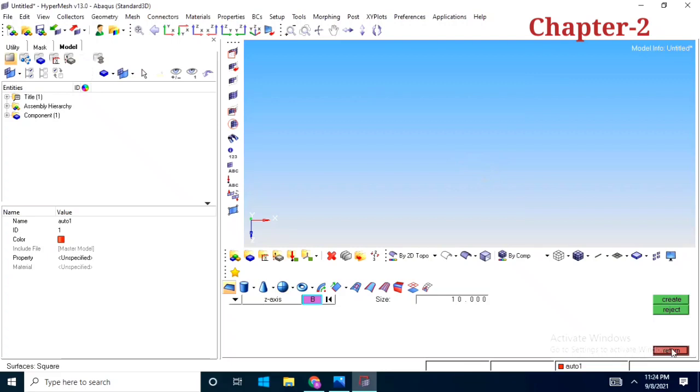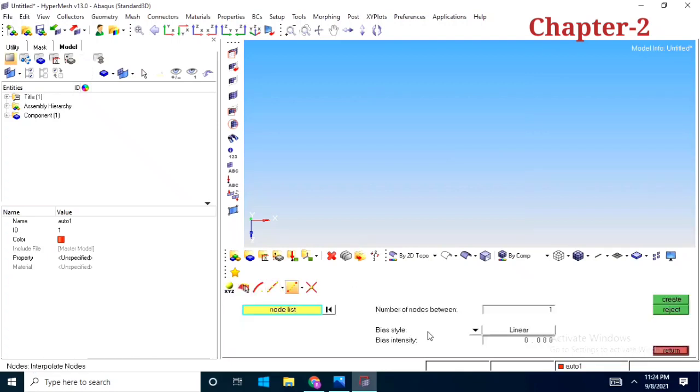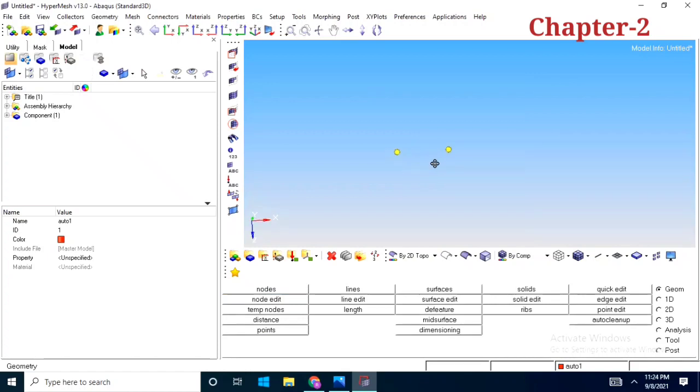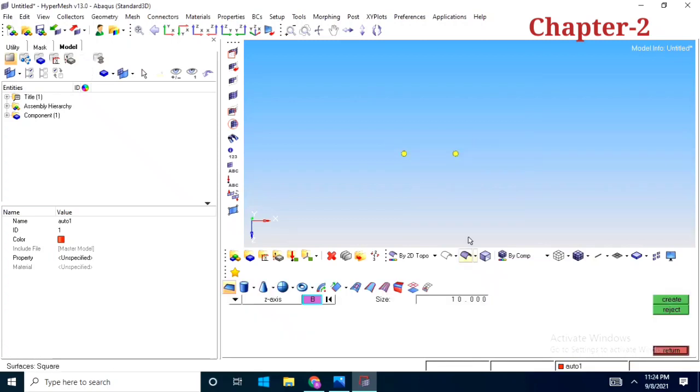Now I will first create one node at 0 0. Okay. Create, and I will create one node at 10. Okay. So now we have seen nodes, lines, then now we'll see the surfaces option, how we can create the